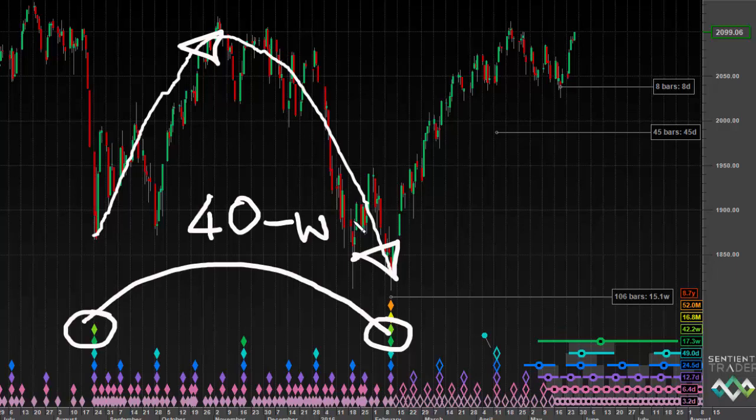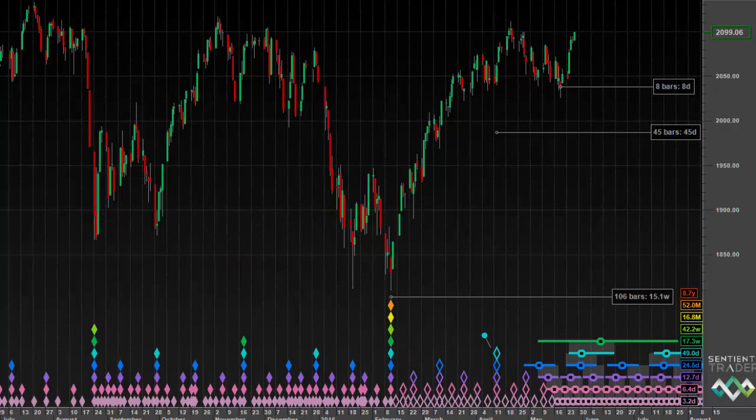Sometimes it runs very short, 24 weeks. Sometimes it runs very long, 50, 55 weeks. But I call that the 40-week because in my analysis, that is the cycle that I'm seeing there on the chart. So that is what is meant by a dominant cycle. It is very simply a cycle that you can see quite clearly. It moves price up and it moves price down